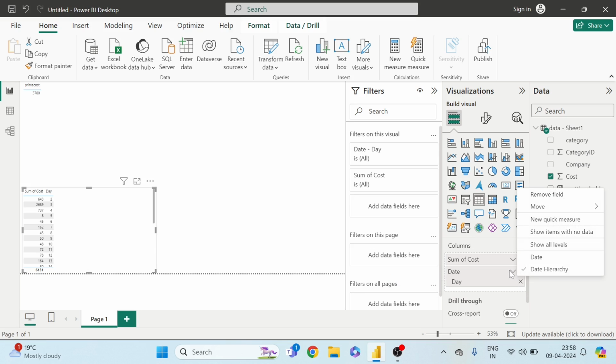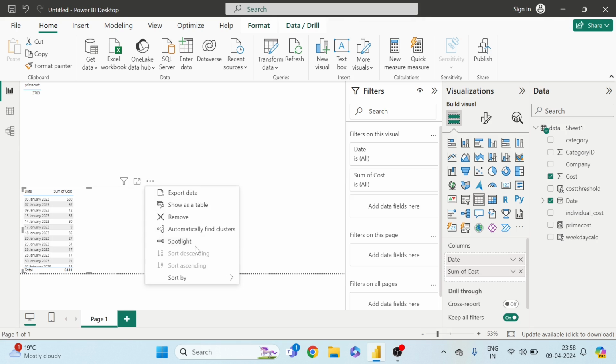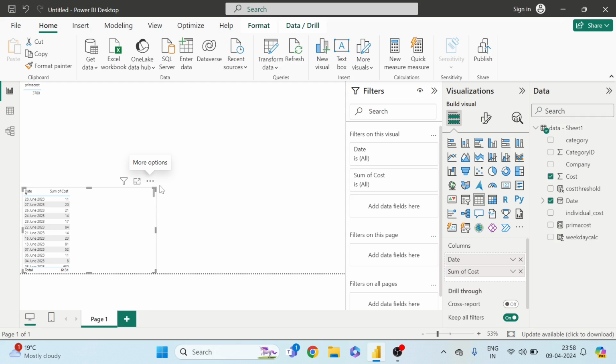You can go here and just say date, okay, and just bring this up. Now I have the date and the sum of the cost, right? As you see, it's neatly arranged. If I want, I can also go here and say sort by date. It looks like it's sorted in descending, so I'll change it to sort ascending. So that can work. From 3rd January I have all the possible costs, total cost value at an individual date